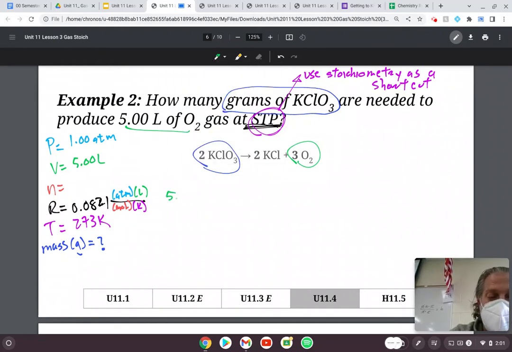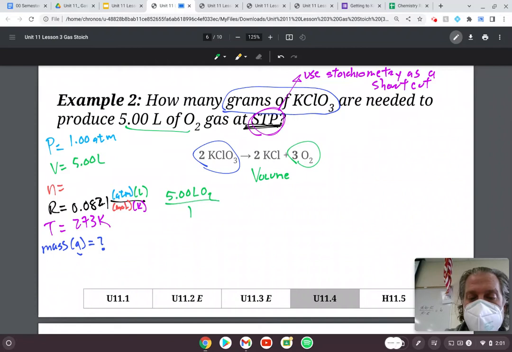So I'm going to put 5 liters of O2 on top and put it over 1. So this time I'm going to be going from volume to mole to mole